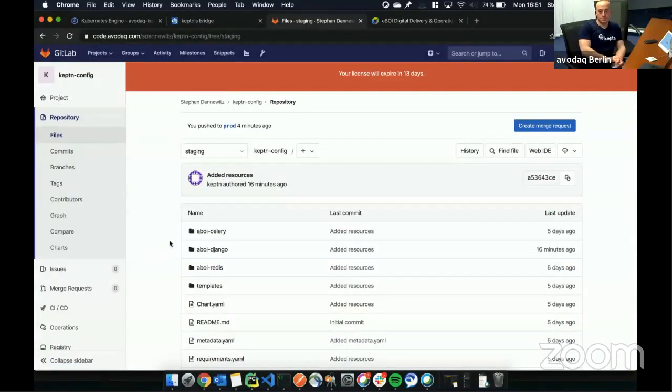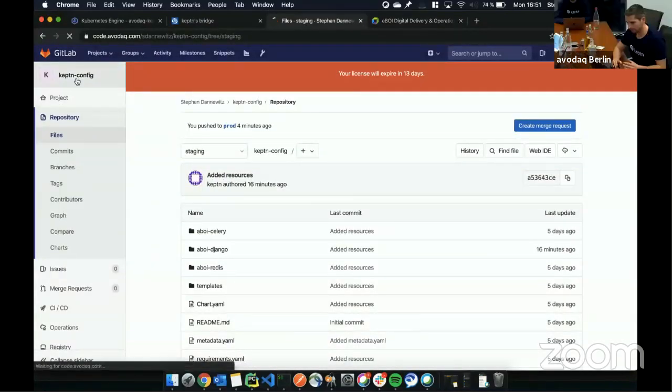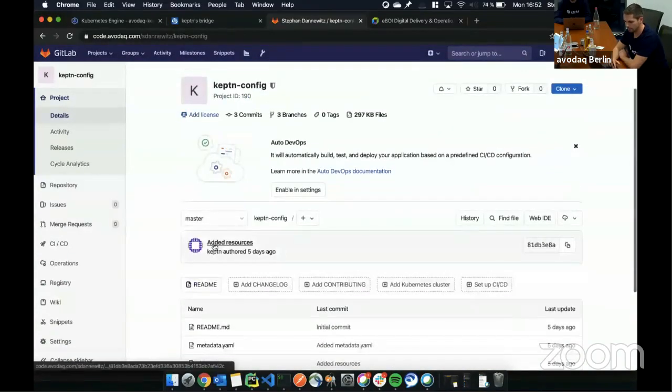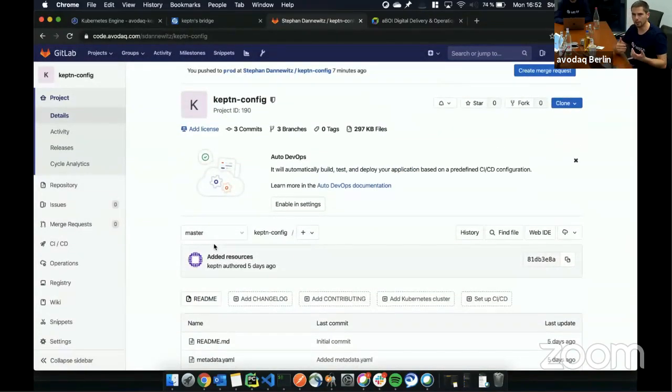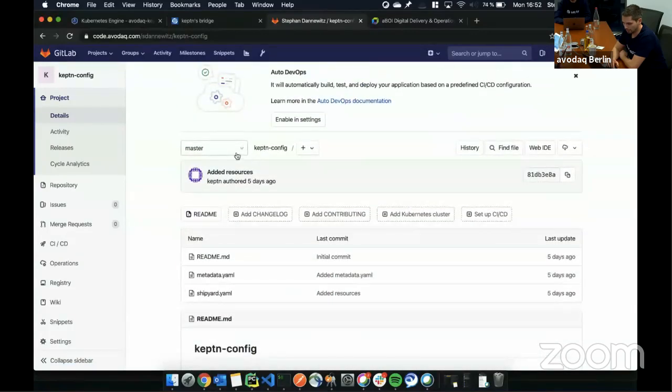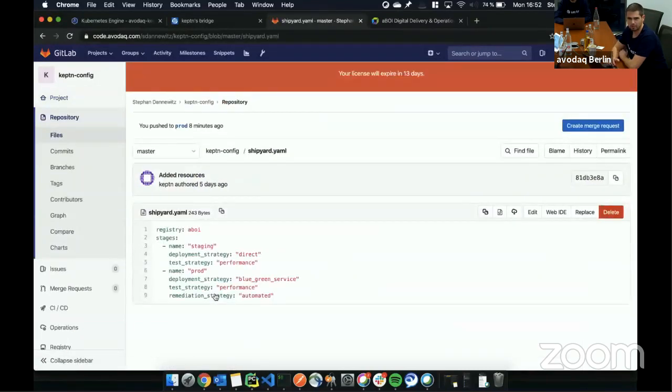Okay. So actually, this is the Keptn repo. You need to provide this when you set up a project with Keptn, and then Keptn will go to the repository and will automatically create it. If you need to give a shipyard file, maybe I can just show this for a second, if we have it. Yeah, okay, it's perfect.